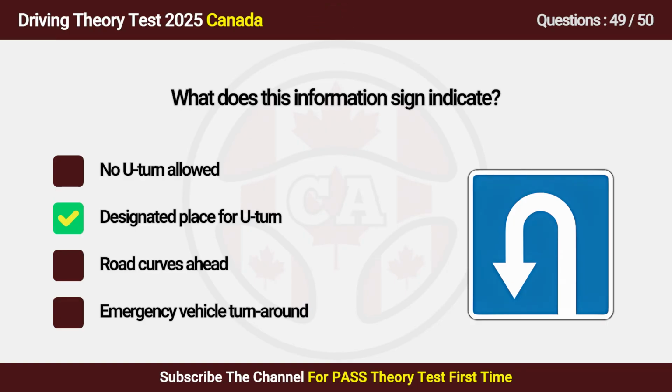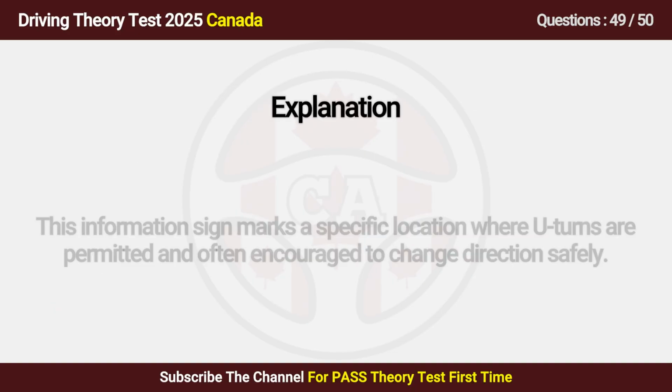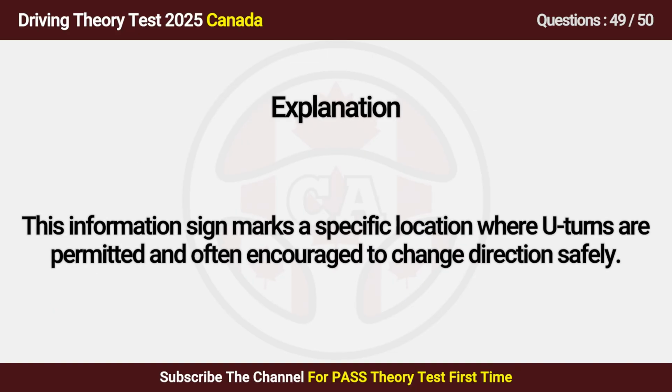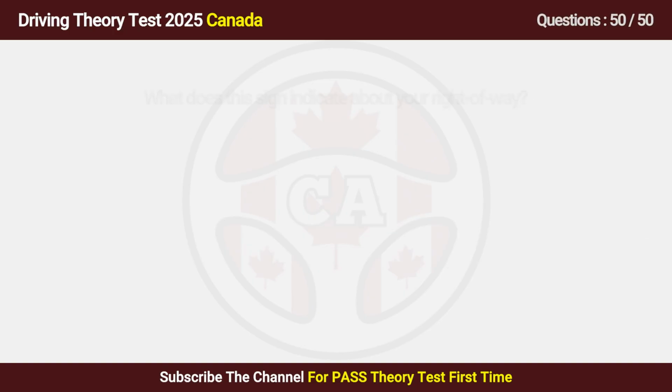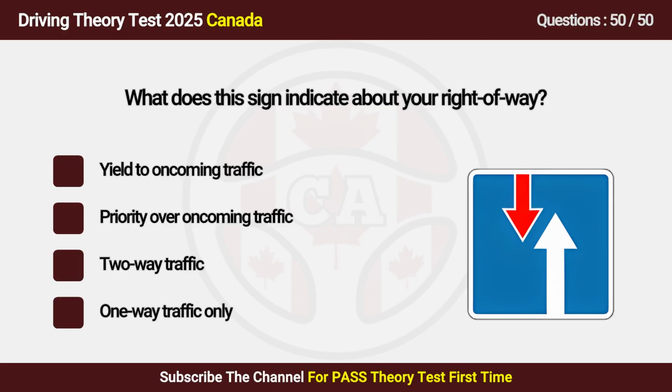Answer is B. Place for U-turn. This information sign marks a specific location where U-turns are permitted, often to change direction safely. Question 50. What does this sign indicate about your